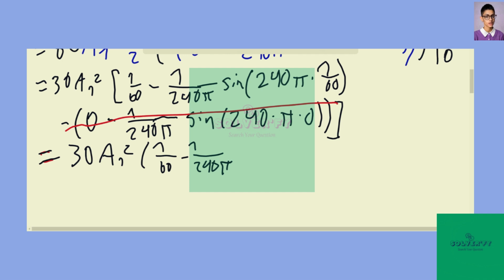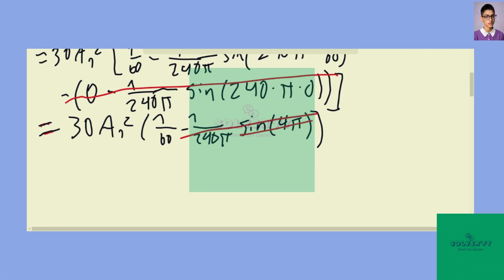So that means we're going to have just sine of 4 pi, and that's just 0 again. So it's coming down to sine of 0, which is 0. So we basically just have that this is equal to 30 a1